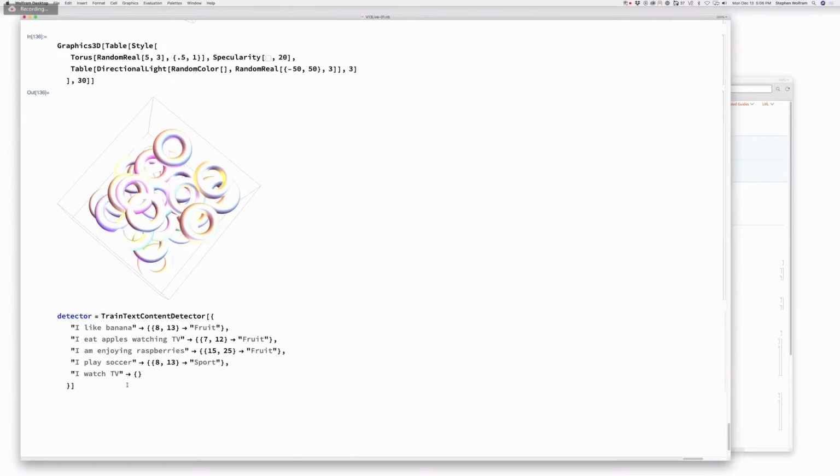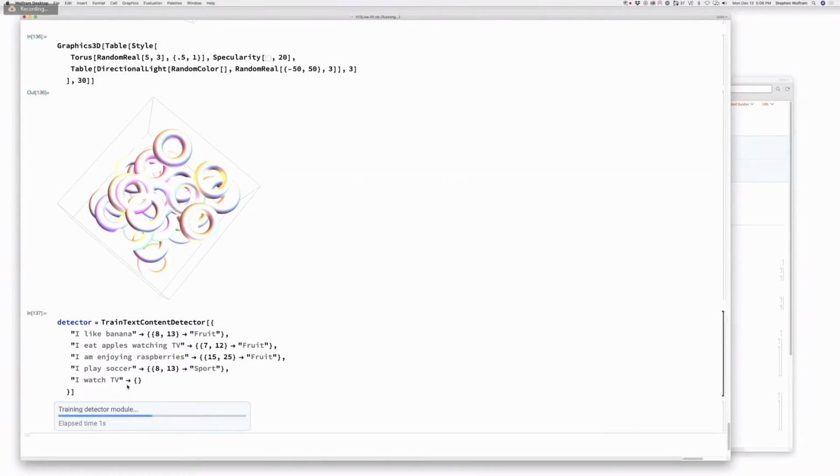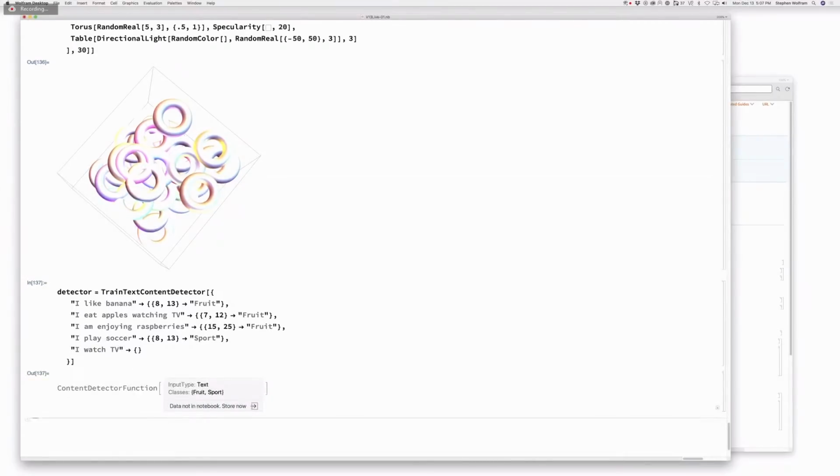Okay, let me show you another thing. We're going to talk about machine learning now. One of the things that we've done in machine learning, we've had for a long time these functions like Classify and Predict that try and learn from examples what something is. But the thing that you're learning from example about what it is, is a whole thing. Like it's a picture of a cat and nothing but a cat, or a dog and nothing but a dog. What we're doing in version 13 is to add the idea of a content detector function, which allows you to